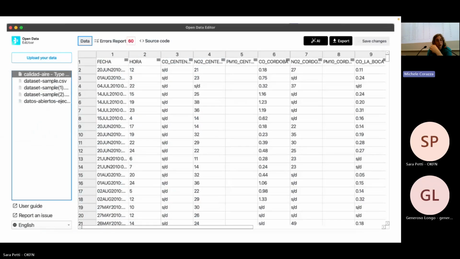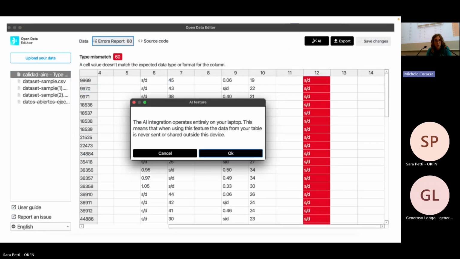So what Open Data Editor looks like now, this was the last release at the beginning of August. As you can see, it's much, much easier. There's no metadata anymore. This is kind of embedded in there. The application looks very simple, and we made a deliberate decision also to change the AI that we were using.